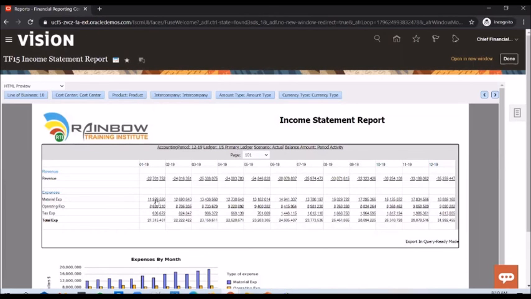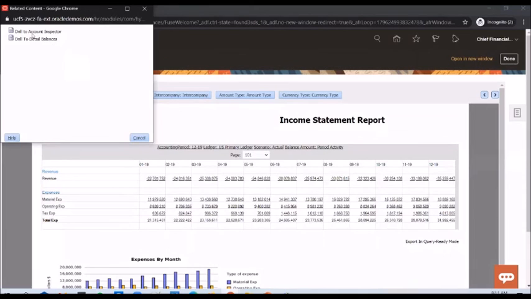And if you look at these balances again, you notice that these are clickable fields, right? So if you click on them, you will be able to see where the balances have come from. If you click on, say, material balance, you can see from which child accounts this balance has come. So if you click on drill to account inspector,